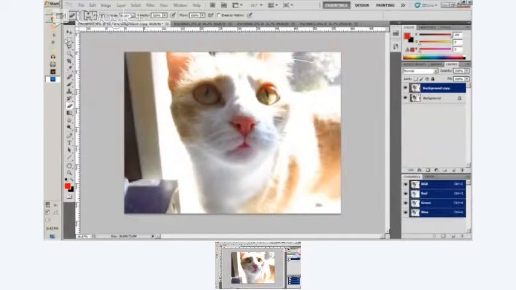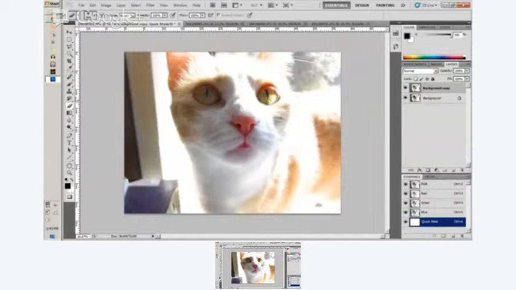So I want to bring a little bit more focus to the face. So what I'm going to do is enter quick mask mode by hitting Q. Okay? Now what quick mask mode is going to do is allow me to make a selection very easily. So what I'm going to do is fill the entire background with the quick mask, and I'm going to do that by holding my mouse down on this little box